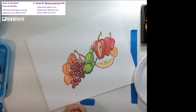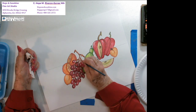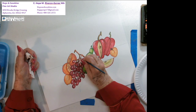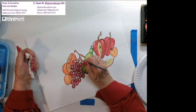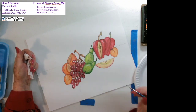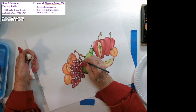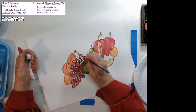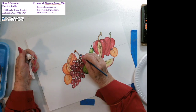Okay, now I have the stem done, and I'm going to pop it up with a little bit of black. Just very little. Also, the stem of the grapes, they are not straight, they are kind of wrinkled. And because they're kind of wrinkled, I'm mixing a little bit of black to pop up the